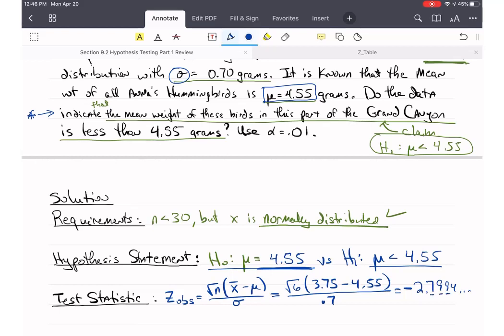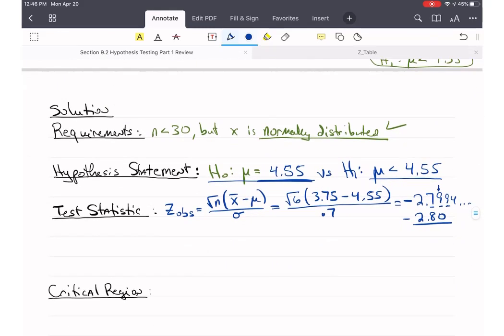This value is greater than 5, so I round up the second 9 to a 10, which makes this negative 2.80. Okay. So here, I always want you to draw a picture, and the book asks you to as well. And so I'm going to put my 0 here. This is Z. And then I'm looking at a negative 2.8. And so since I have a less than, I'm going to shade to the left, or less than the